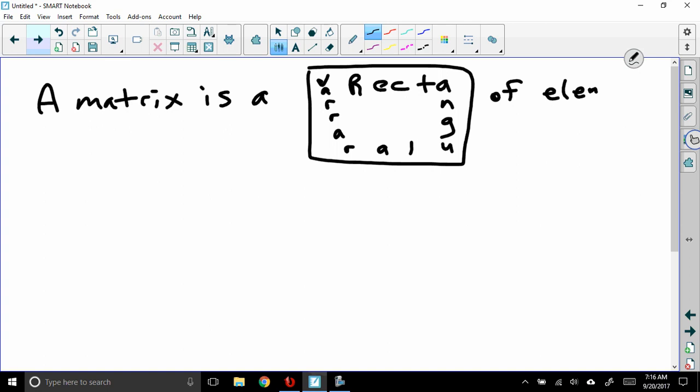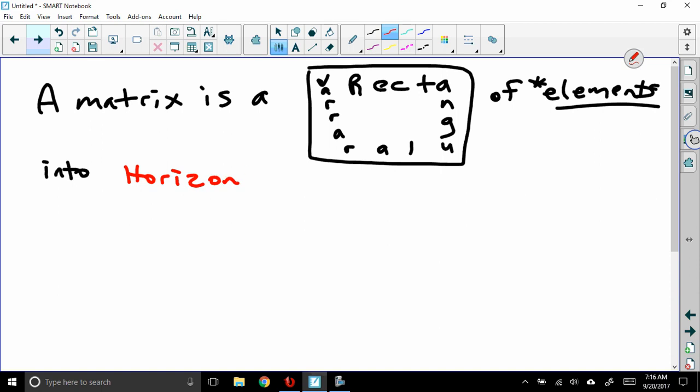What are elements? Well, they could be numbers. They could be variables. They could be words sometimes. So we'll just say a matrix is a rectangular array of elements into